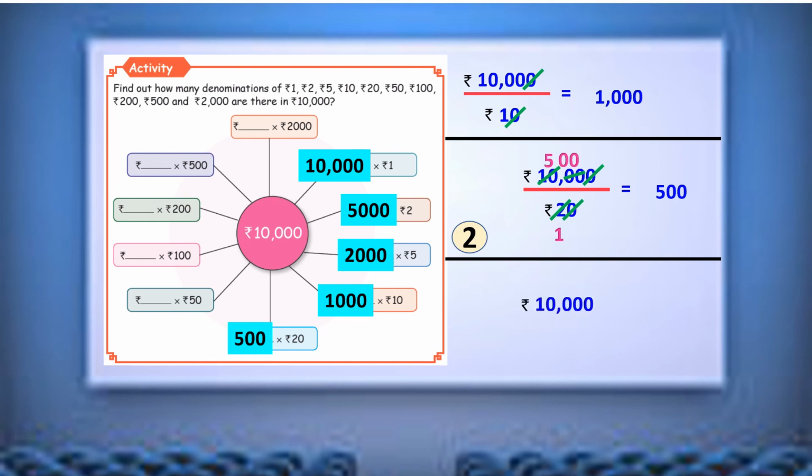Then 10,000 divided by rupees 50. Here also first cancel the 0 and take the 5 table as a common because 5 is in the bottom, isn't it? So 5 one time, 5 ones are 5. At the top 5 twos are 10. So in between 2 zeros are there, join it. So now we get 200.